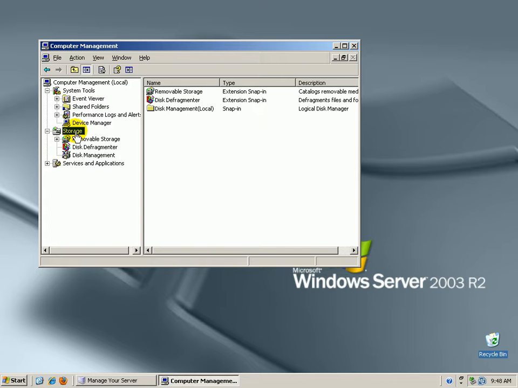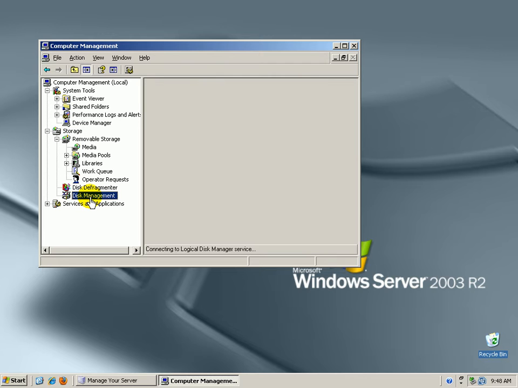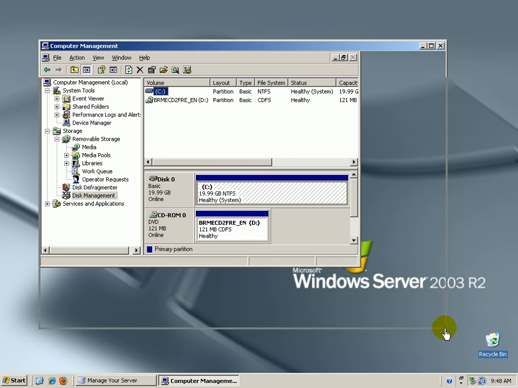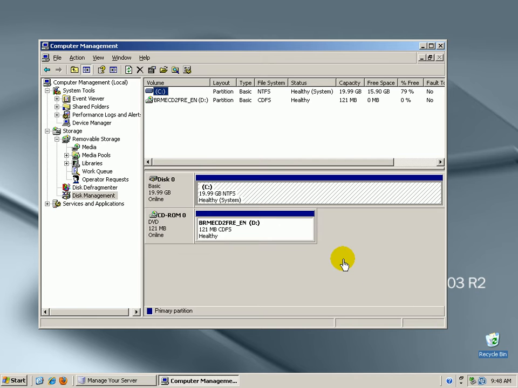Within our storage, we have Removable Storage, which will list any of our removable storage devices that are currently attached, as well as our Disk Defragmenter, which is a disk maintenance tool, and our Disk Management. Simply select Disk Management, and it will pull up any and all disks and partitions that are attached to